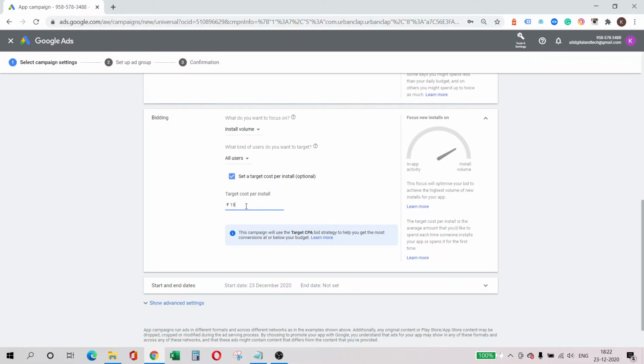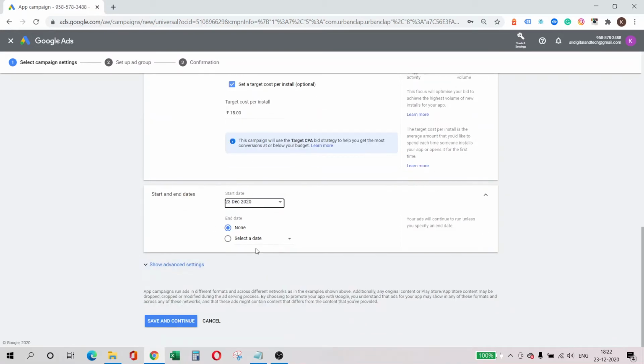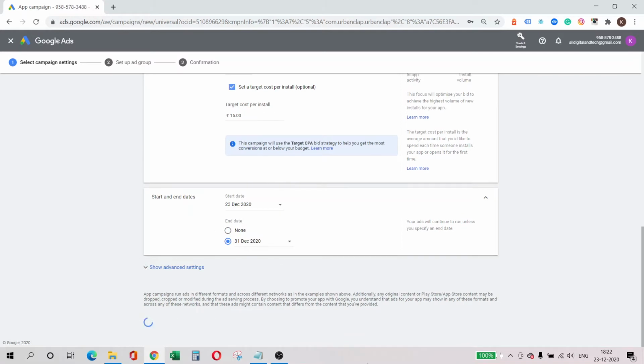In India, cost per acquisition or cost per install, we get around 15, a bit under 20 or under 15 only. So I'm keeping the target cost per install as 15 for now. Mention the end date, whatever date you want to enter, and just save and go next.